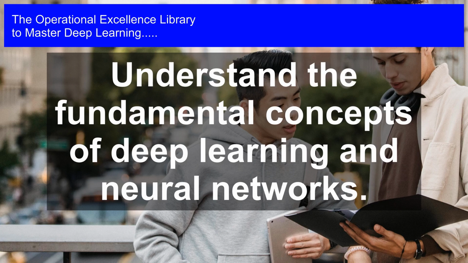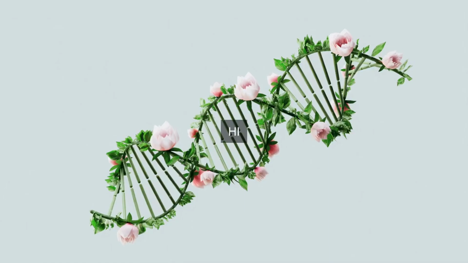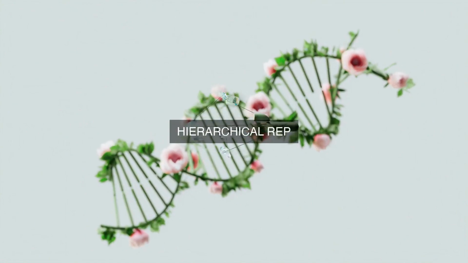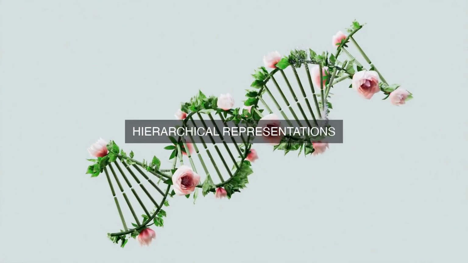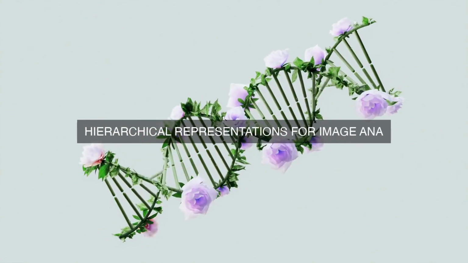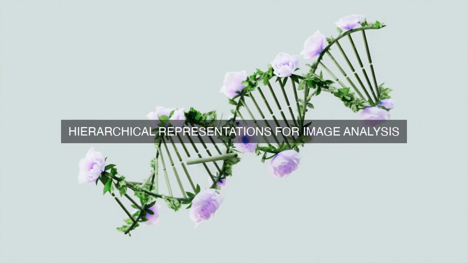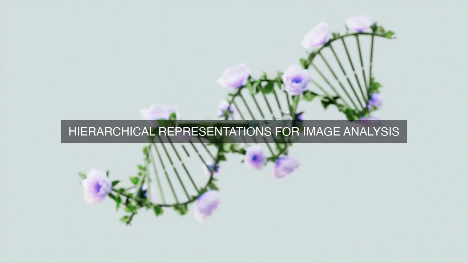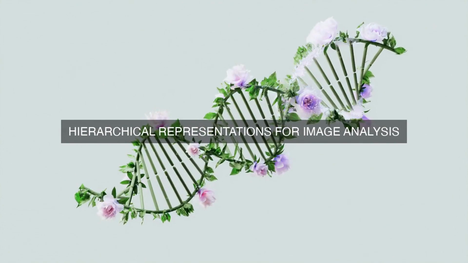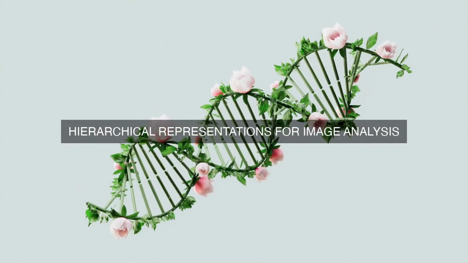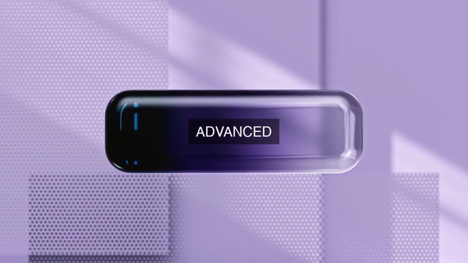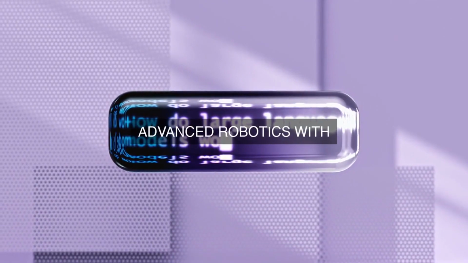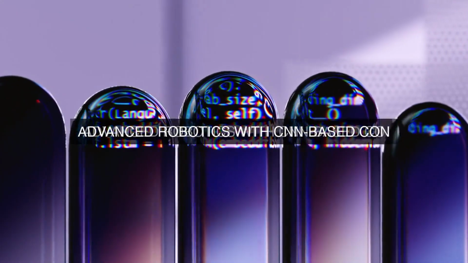At the heart of a CNN lies the convolutional layer, which is responsible for extracting local features from the input data. This is achieved through the process of convolution, where a small window of weights, known as a filter, slides over the input data, computing the dot product at each position to generate a feature map. This process is repeated with multiple filters, resulting in a set of feature maps that represent different aspects of the